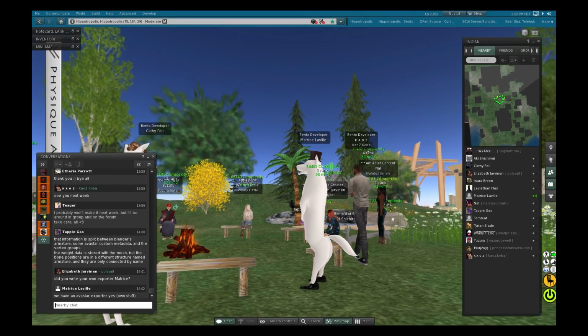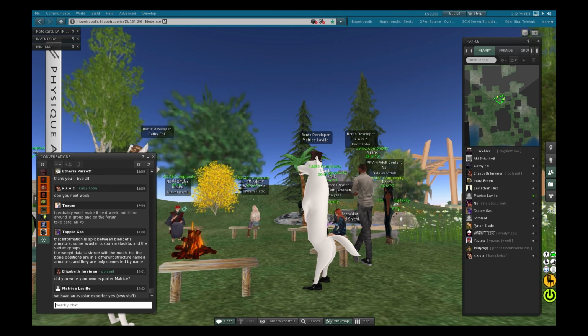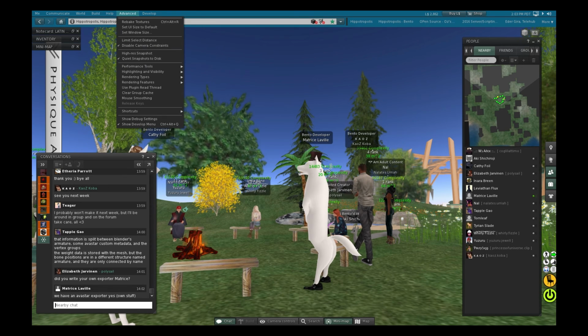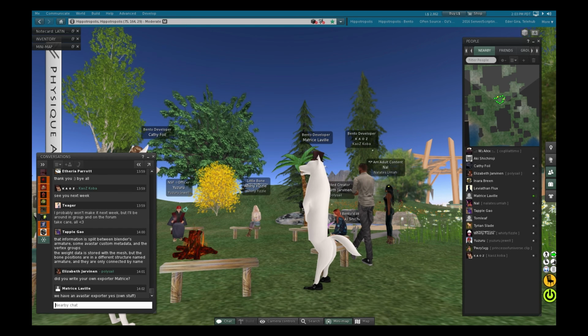And Blender was not able to do this change during the export.